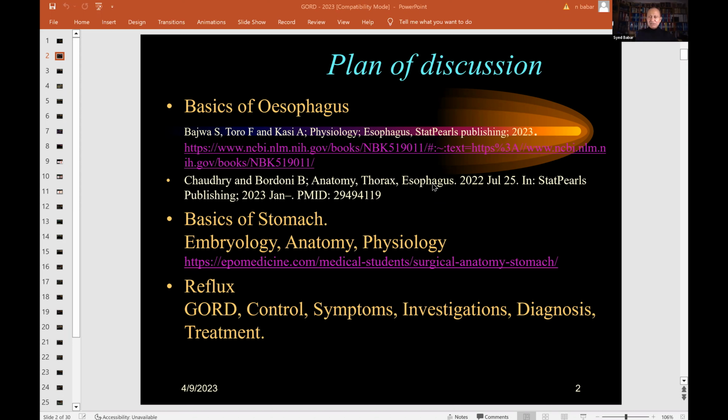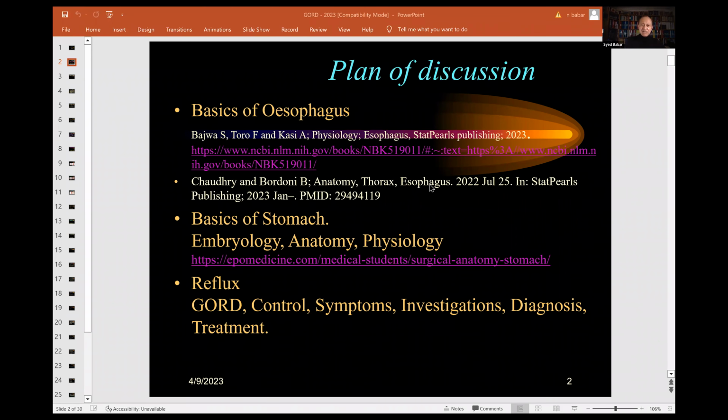This system has evolved over millennia, and therefore some mammals tend to regurgitate habitually, redigesting food which they have pre-digested earlier on. So we're going to talk about such basics of esophagus, how it is all interlinked with the basics of stomach,